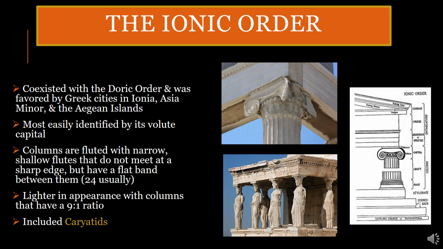The architrave is not always decorated, but more often it rises into three outwardly stepped bands. The frieze runs in a continuous band and is separated from other members by rows of small projecting blocks. The Ionic order is lighter in appearance than the Doric order, with columns that have a 9:1 ratio to the diameter, and the whole entablature appears much narrower and less heavy than those of the Doric.